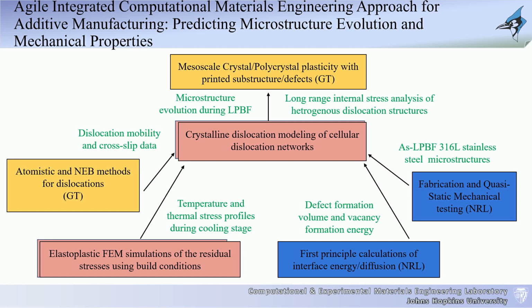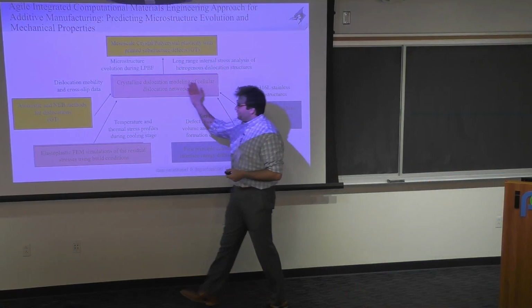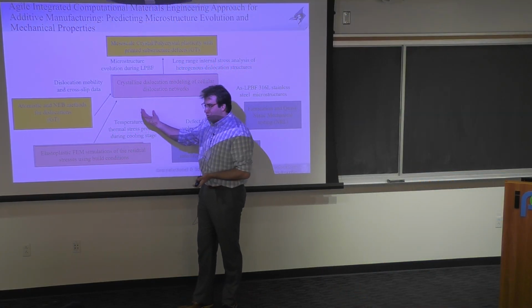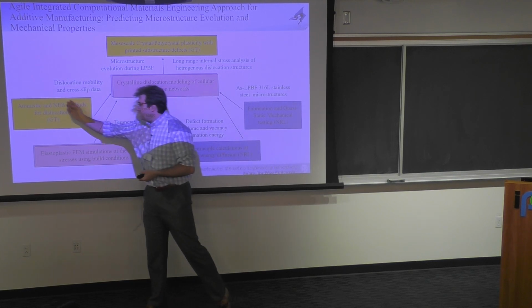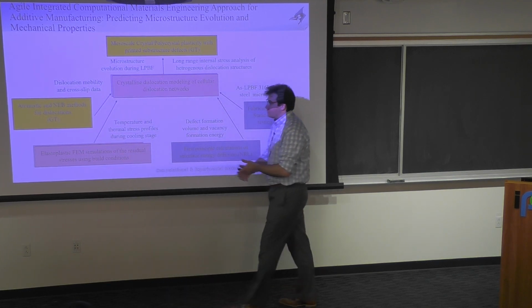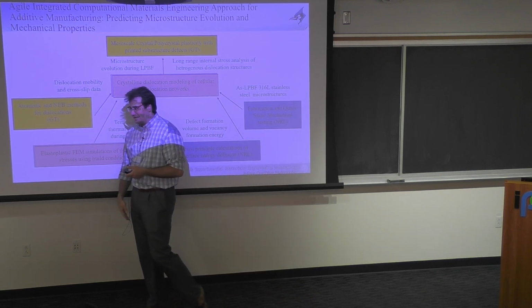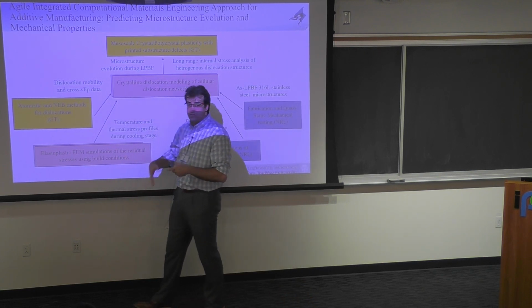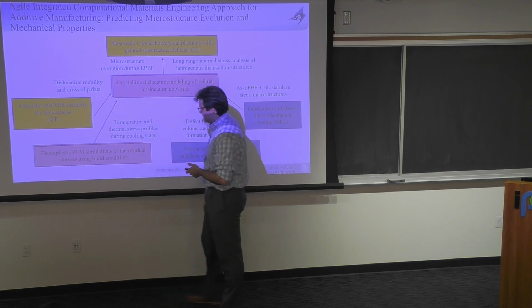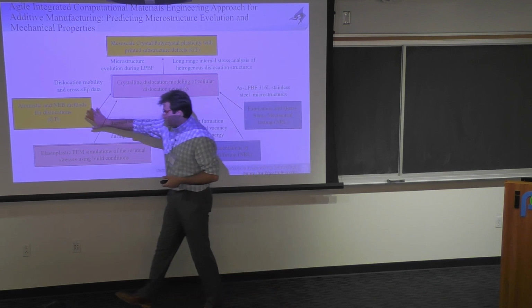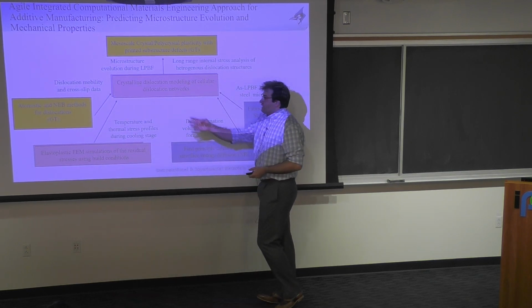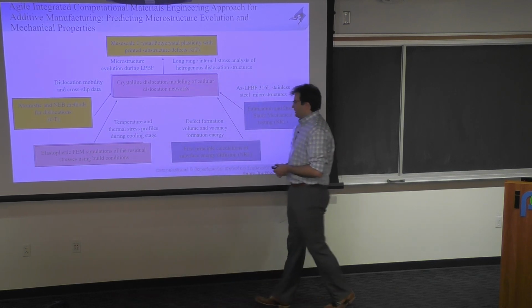But the dislocation dynamics, traditionally the discrete dislocation dynamics, have been typically focused on pure metals. We typically used to like to look at nickel, copper, these nice metals that no one actually uses as pure metals. So we need to really be able to account for the fact that we are now looking at alloys. To do that, we need information from atomistics that relates to cross-slip activation energies, and to dislocation mobilities for that particular alloy that we're interested in. We take that information and generate it. This is the work from our collaborators at Georgia Tech. That information feeds into our simulations on the discrete dislocation level.